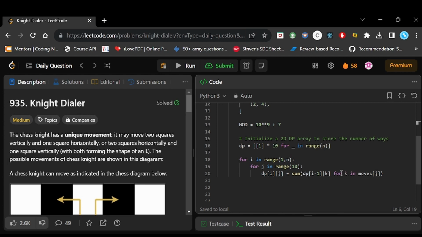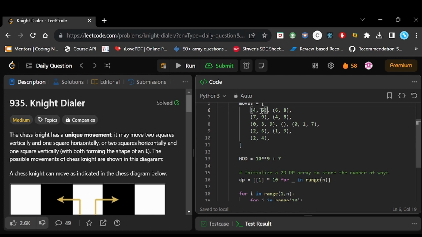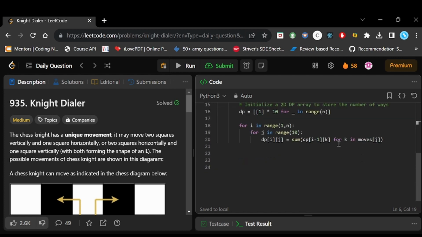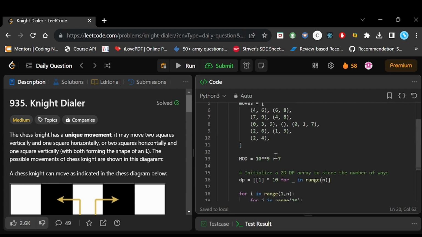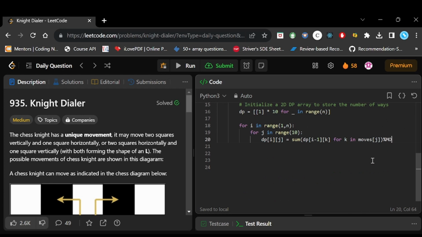So for k, if we are on the 0th index, we will get this possible value, which is 4 comma 6, and it will take the sum from the previous index, right? So this is the way we will be continuing. Since the values will start getting accumulated, to prevent the value from getting very high, we will take the mod here also. This is how the value will get updated.